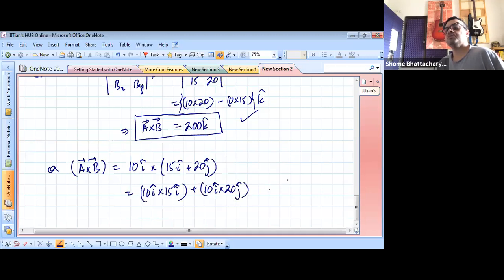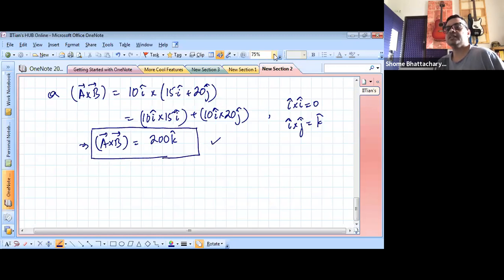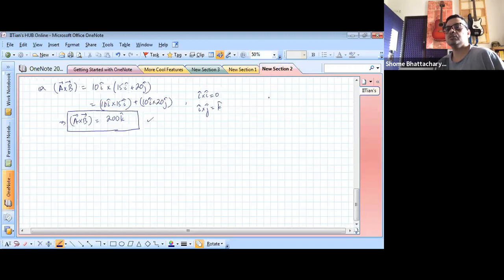And then use the property that I cap cross I cap is 0, whereas I cap cross J cap is positive of K cap. Okay, so use that property here, so that becomes 200 K cap. So my A cross B becomes this. So these are the couple of things that we can do if we are solving by the component method. I'll come to the second part also, but for those who didn't work this out in the first part,